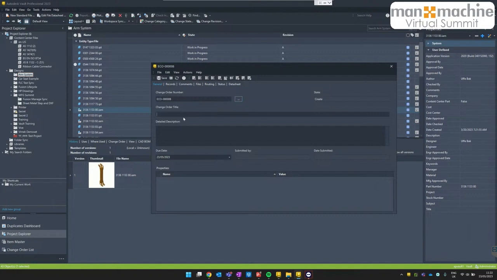We can give this change order a title. Let's say incorrect material. We can give ourselves a nice, incredibly detailed blurb about what kind of material problems we've got with this particular one. Give ourselves a due date. If there were any properties in here, we would be able to add properties to that. Now I'm going to go ahead and click,